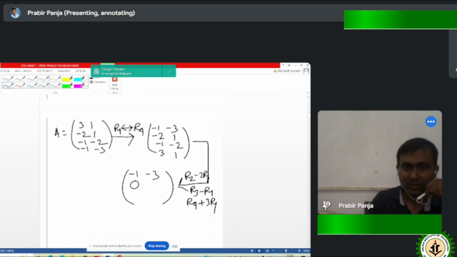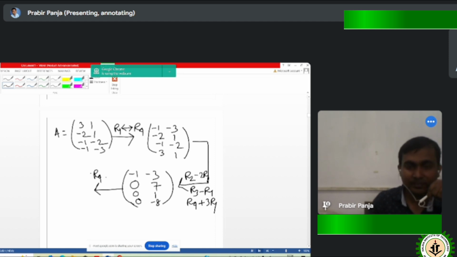then 0, R2 minus 2 R1, so this will be 0, and minus 1 plus 6, sorry, plus 1 plus 6, it will be 0 7. R3 minus R1, so it will be 0, it is 1, then R4 plus 3 R1, so this will be 0, R4 plus 3 into R1, so 1 minus 9, it will be minus 8. Okay, so again, if we apply another operation here,